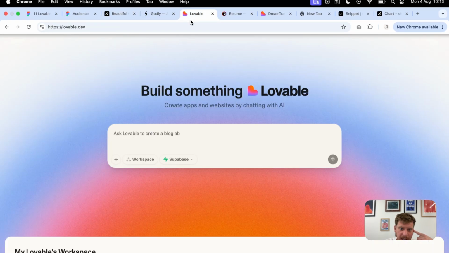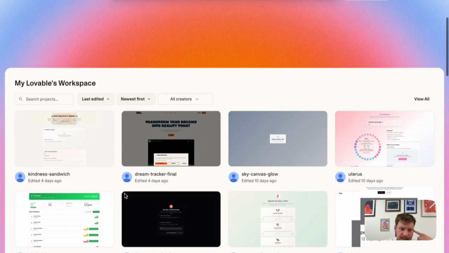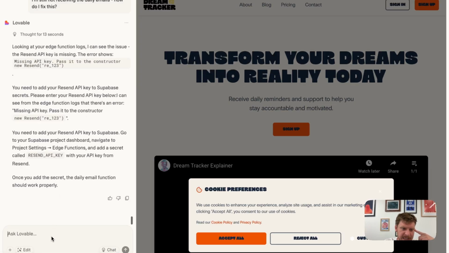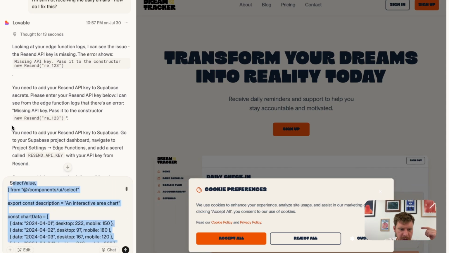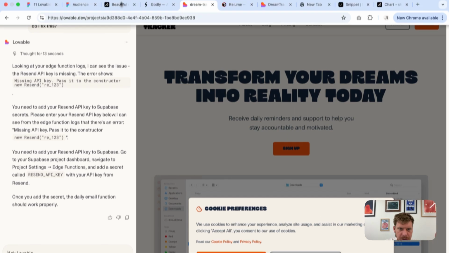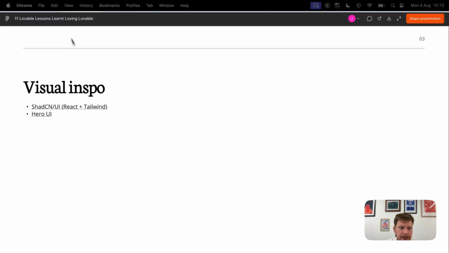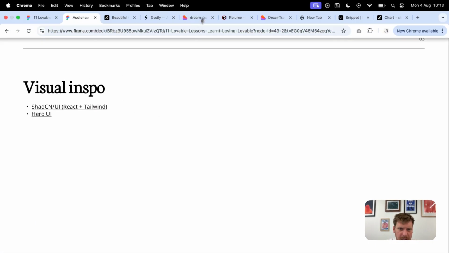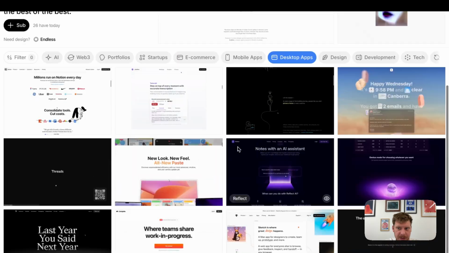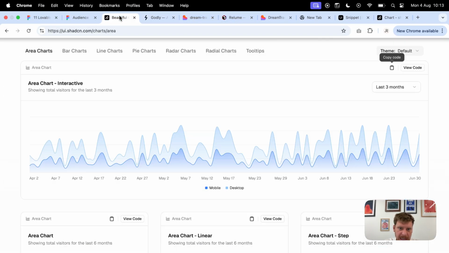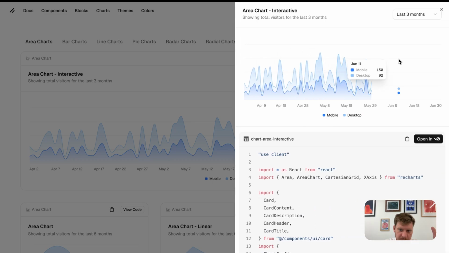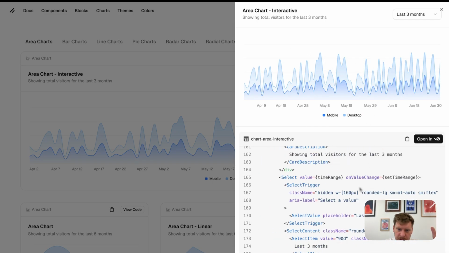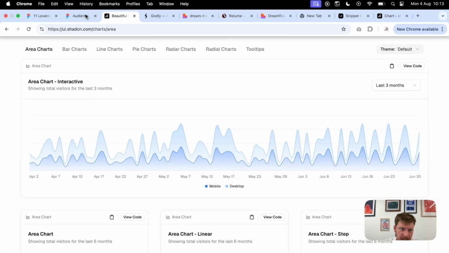Okay, so I can go view code, or I can literally just copy the code and then go to Lovable. And then inside my project, I can just paste in that code and explain where I want this to be on my page. Super powerful, okay? Again, you could just screenshot this as well. Like, you could just get this and be like, I want a chart like this. Here's the page where I've got the code. You know, here's how I want it to look, etc., etc.